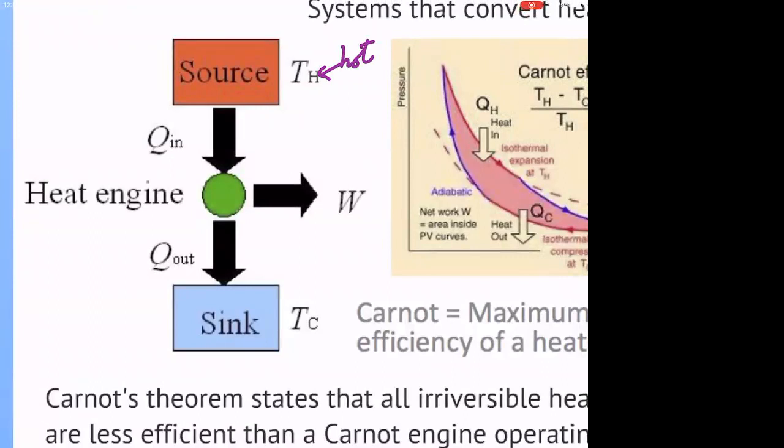And then you have this green circle here, which is the heat engine. It does some work, which is the important thing we're interested in. And then it also spits out some heat. So this can also be a refrigerator, for example, right? We saw that in one of our early lectures, to a sink. The difference between this hot source and the cold sink is the most critical thing that determines the efficiency of